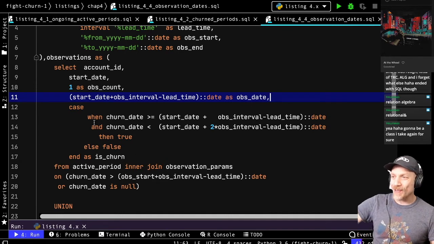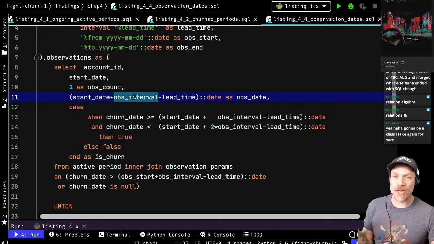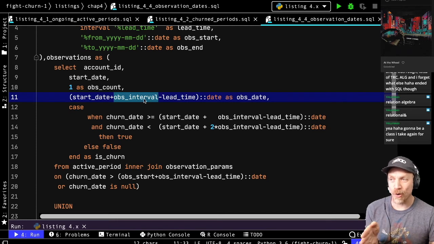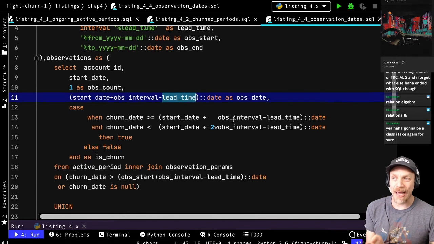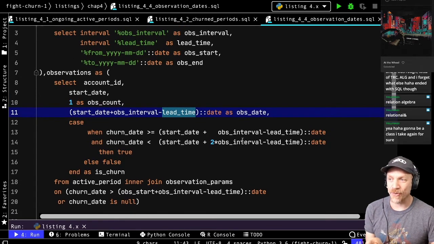So again, let's see, there's a case statement. Okay, so this is basically selecting all the accounts and their start date. And then this is their observation days. Remember, it's plus one, this is the initialization. So it's one observation interval, which is going to be like a month, minus the lead time, which will be typically 7 days, although you can set it as you wish.